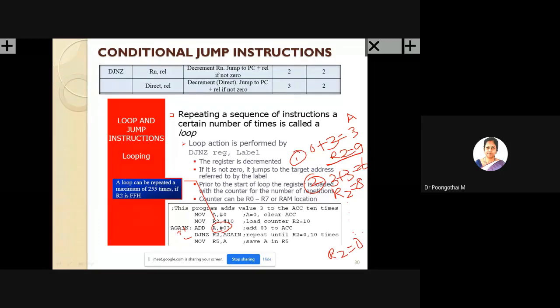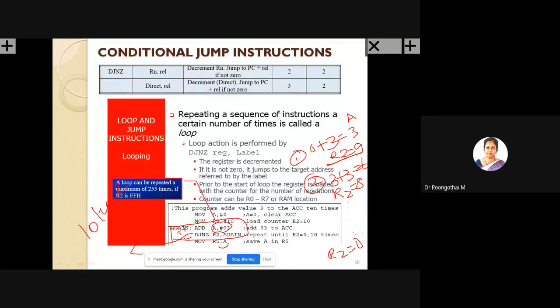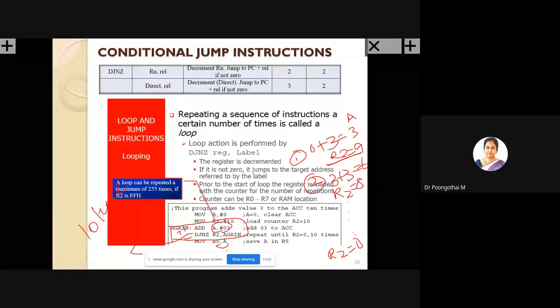So this loop will get executed 10 times. This looping action can be performed by using the decrement jump no 0 instruction. After R2 becomes 0, it comes out of the loop and saves the accumulator content to R5. So R5 holds your result.